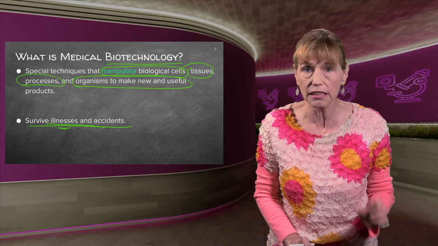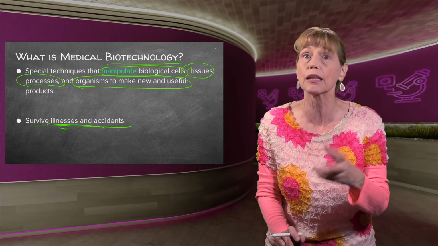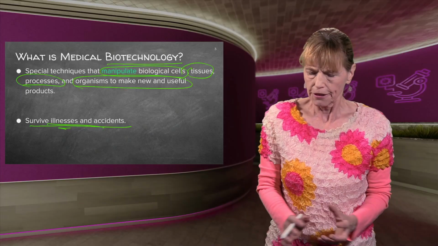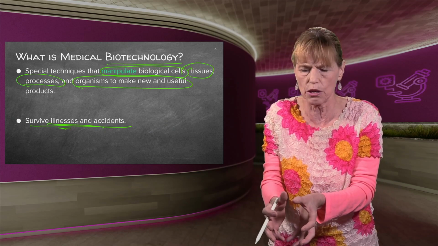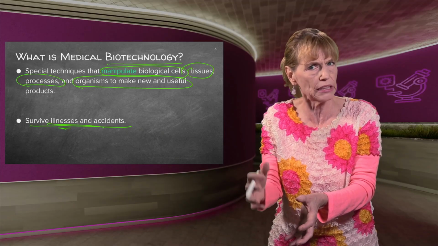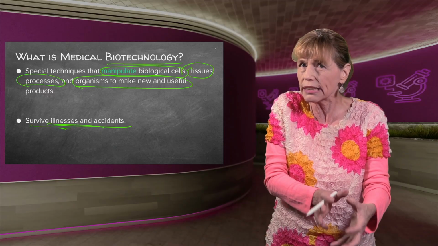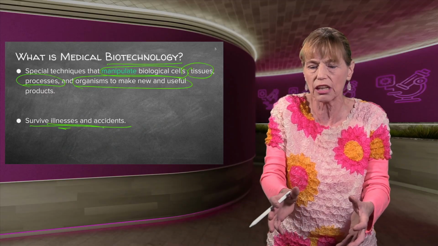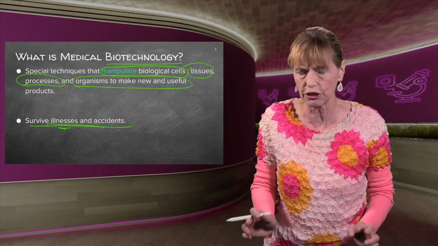All right, so let's look at the different medical biotechnology methods and what we make, the products. We know from chemistry you take reactants and you make a product. So now, what are the reactants? What are the ingredients we use that are biological in nature? They could be organic with C's and H's and O, and they form a product that we normally would not get formed in nature by itself, but it's not harmful because we've actually bypassed nature, and then this product helps the whole of nature work better.